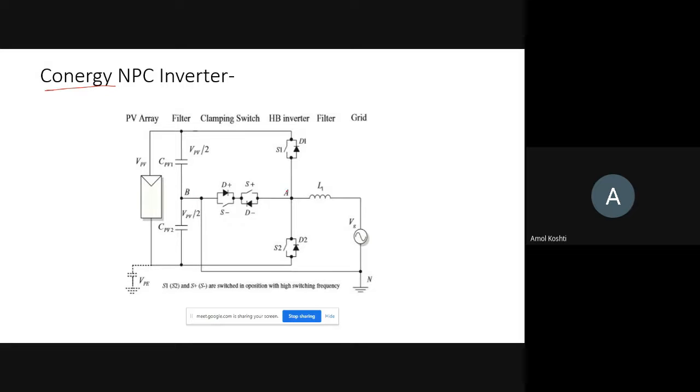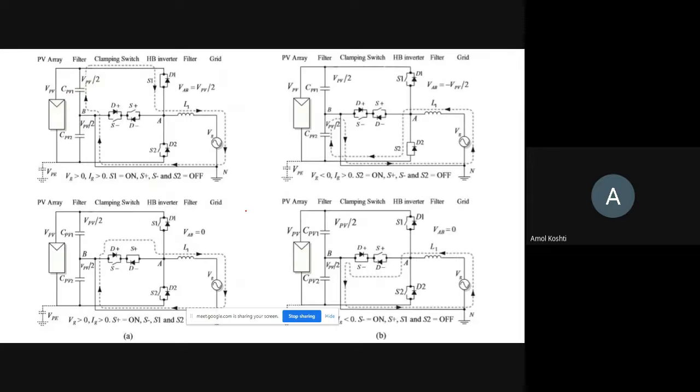So here, if you see, they have added switches in series, which are anti-parallel to each other, and they are using this to produce the output. The two capacitors remain as they are, and the PV array is as it is. In the neutral clamp there were 4 switches. Out of these 4, they kept 2 switches, and they have connected these 2 switches at this neutral point path. Now let us see how they have produced the output.